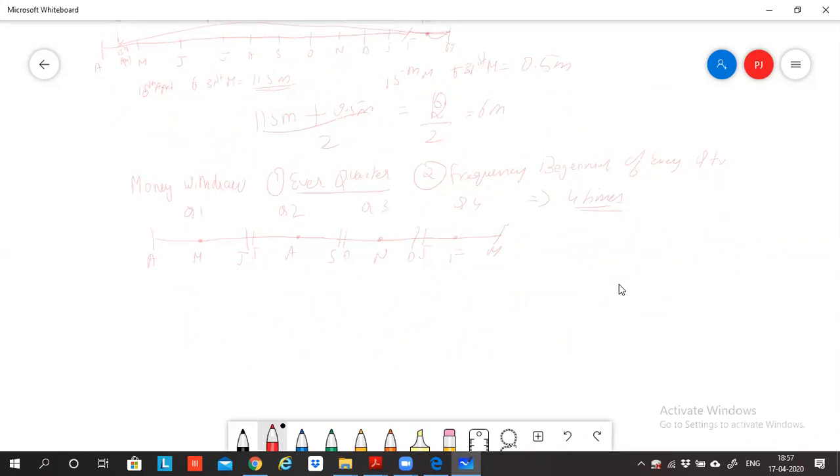Let's say you and I are partners. You are withdrawing money every quarter, once in every 3 months. So when is the first time you will be withdrawing the money? Obviously in quarter 1, April. So 1st April is the period when you are first withdrawing the money. So from 1st April to 31st March, how many months? 12.